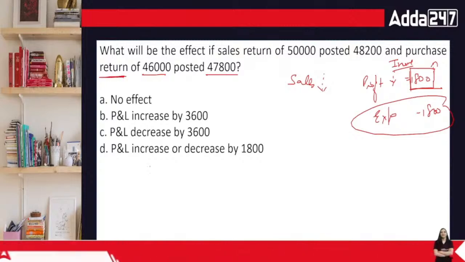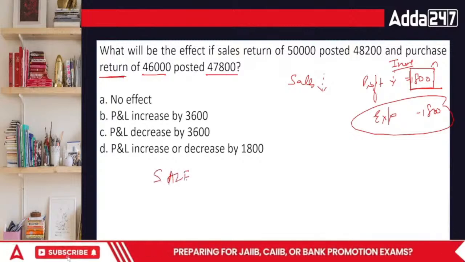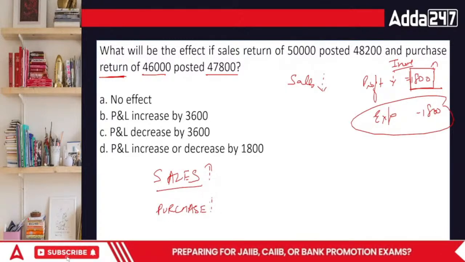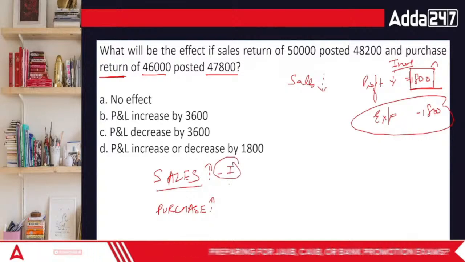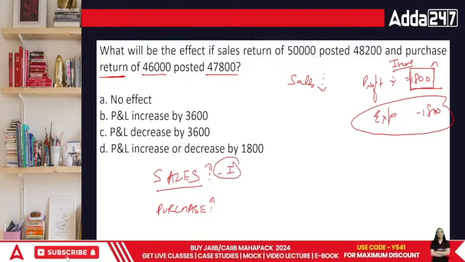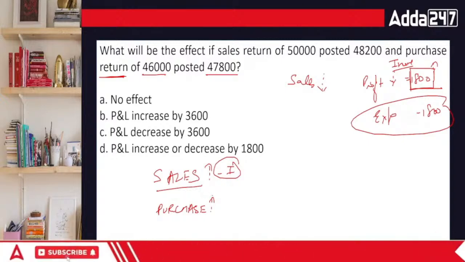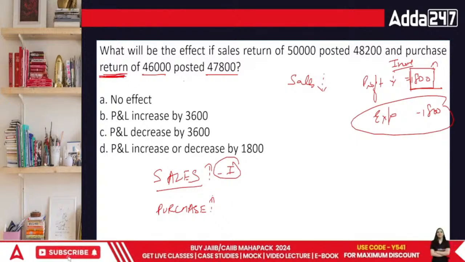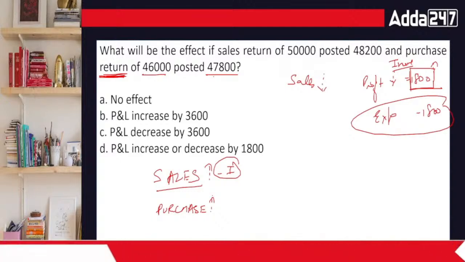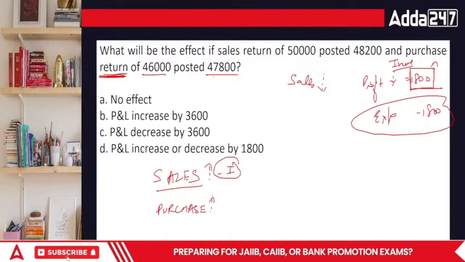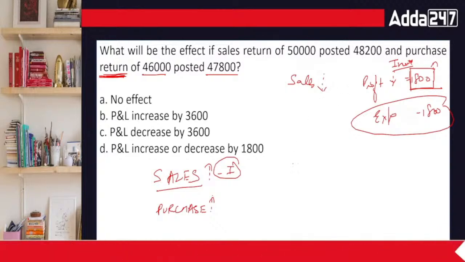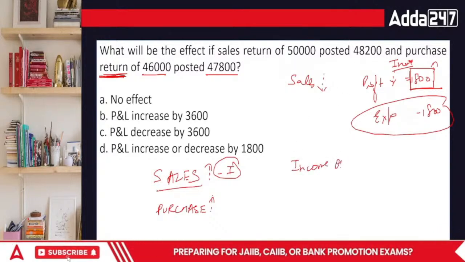Purchase return, everyone. This means, first of all, sales is shown more. If I return the goods and it is still shown more, then the purchase is also shown more. Income is shown more and expense, अच्छा expenses shown, ठीक है. Everyone, purchase return is actually my income. पता है क्या हुआ? Why I showed the expense of 47,800? While did I pay 47,800? No, my expense is overstated. This expense in the crux is income overstated